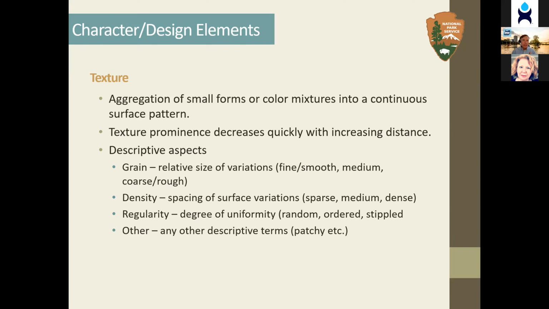So there's different ways of thinking about the texture that might help have the terminology come to mind. And then again, any kind of words that you can come up with to describe